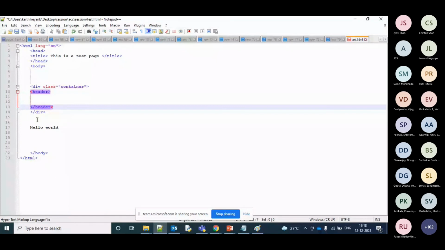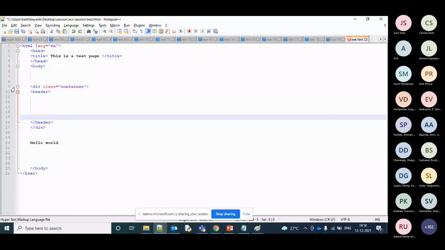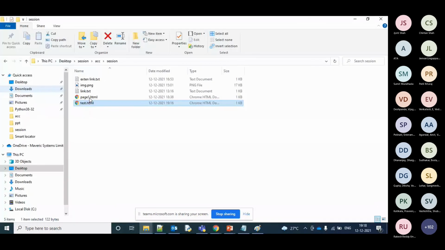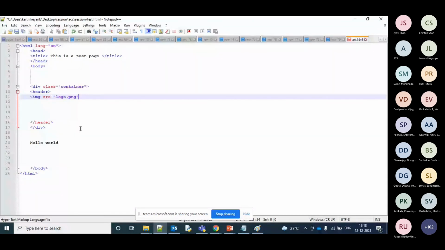First, let's add the logo. Image source, and I have something called logo.png. You can save any image you want in the same folder, and you'll be able to open it.